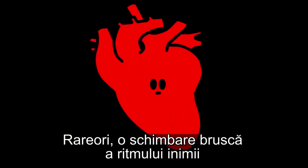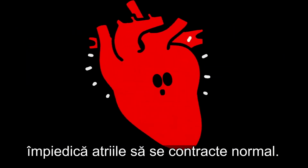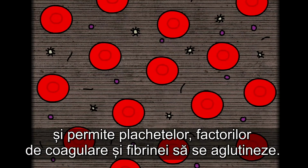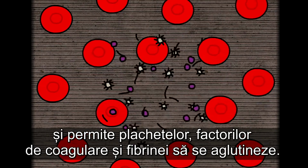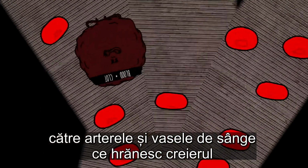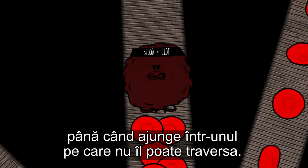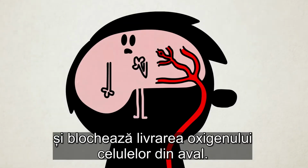On rare occasions, a sudden change in heart rhythm prevents the upper chambers of the heart from contracting normally. This slows down blood flow, allowing platelets, clotting factors, and fibrin to stick together. The clot can be carried up towards the arteries and blood vessels supplying the brain, until it gets to one it can't squeeze through. This is called an embolism, and it cuts off the oxygen supply to all the cells